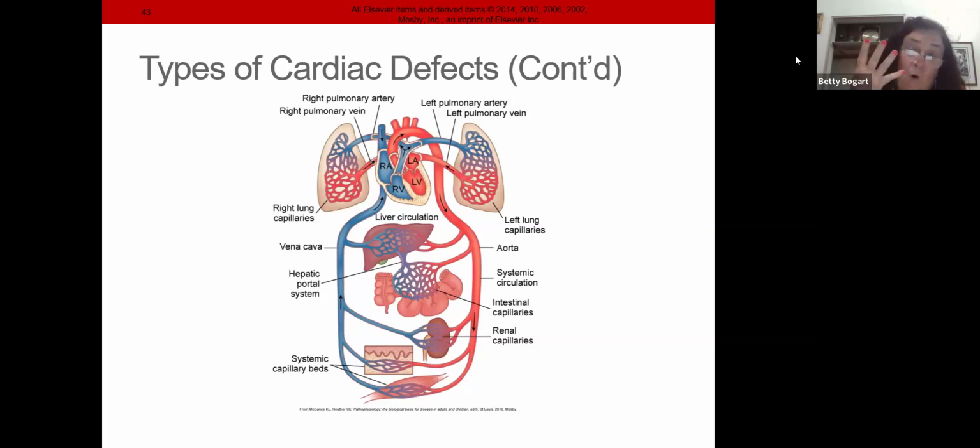It's actually 4 pulmonary veins. I didn't know that. I thought it was 1. It's 4. So a lot of flow goes into that left atrium, goes through the mitral valve, goes into the left ventricle,